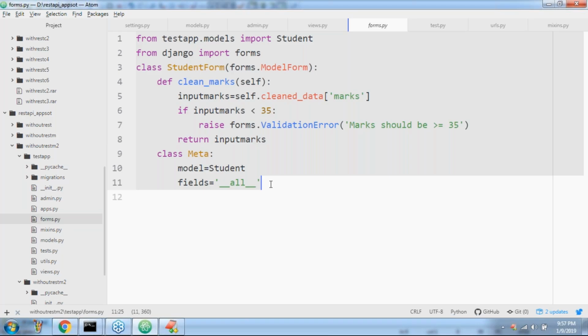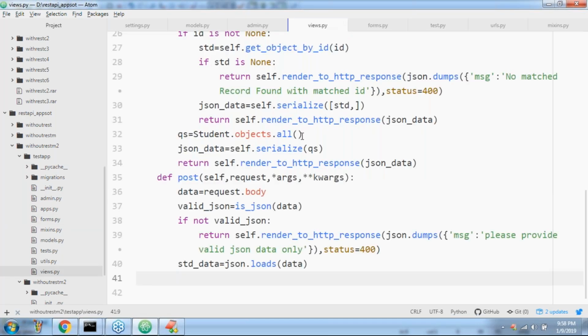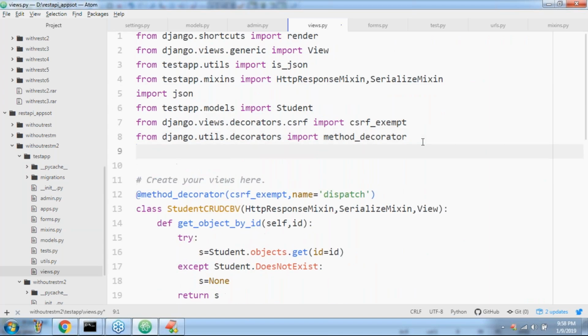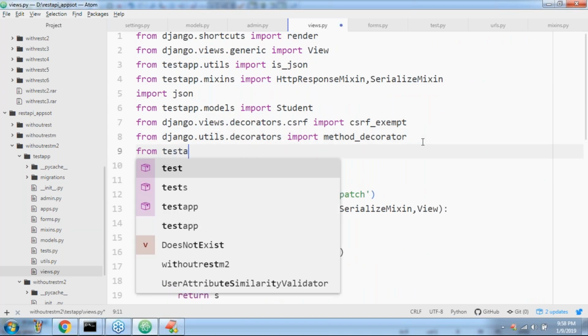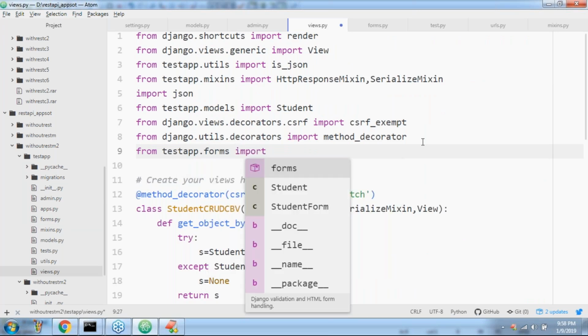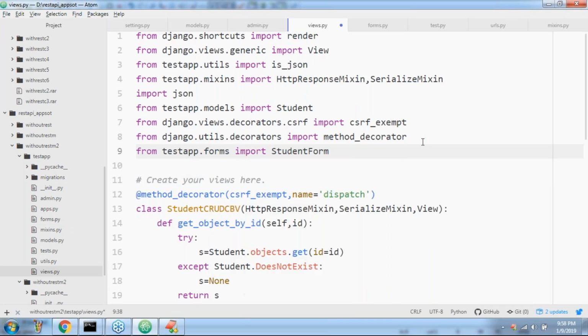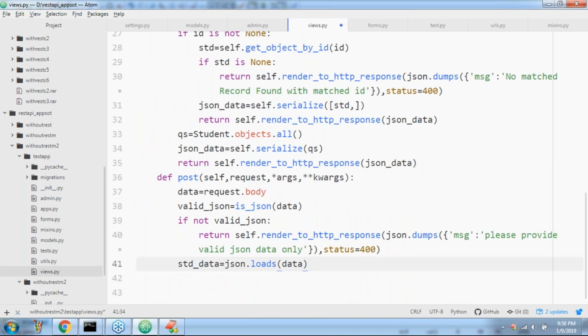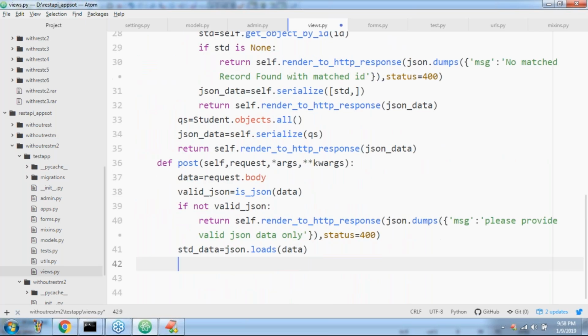Well, here, now let me go to user.py. If you want to use forms, compulsorily from testIR.forms import StudentForm. Now I got student data.